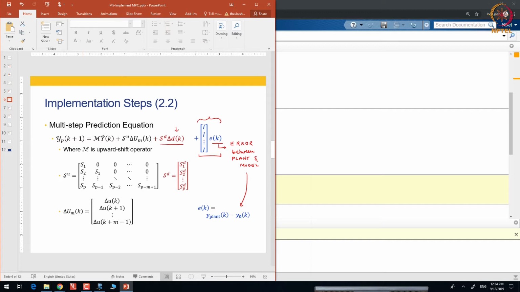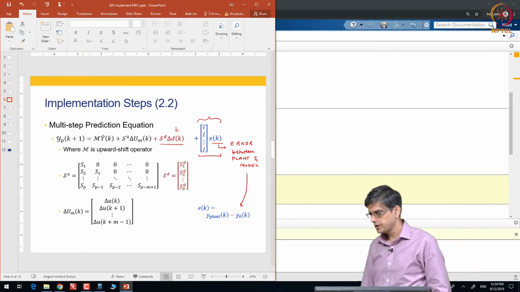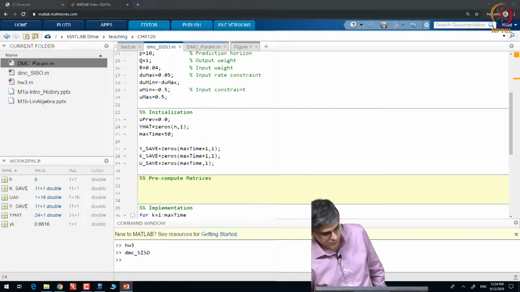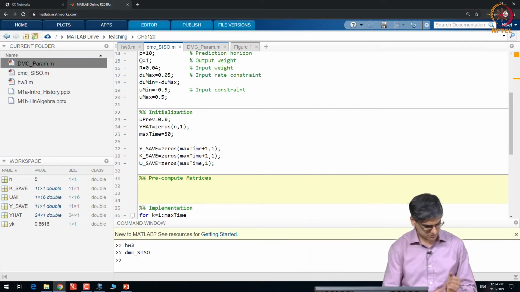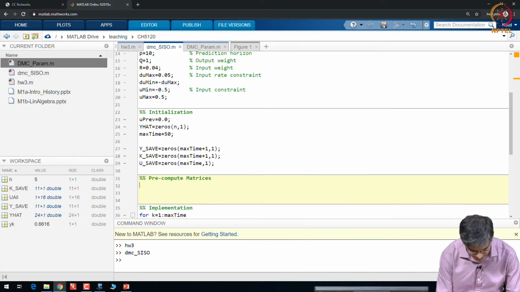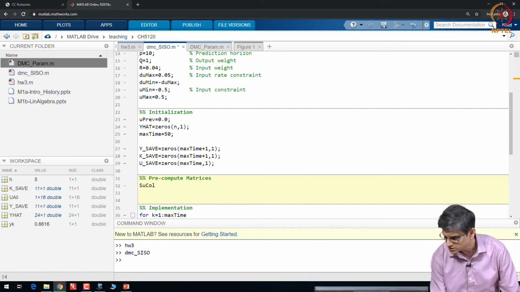How I like to do it, I like to keep it a little bit simpler. I will take this column, I will update this column, then I will update this column, then I will update this column and so on. So, I will start with the first column and keep updating that column. This is what I will do. Some of it may not be immediately clear, but that is okay. SU, I will call this as SU call,